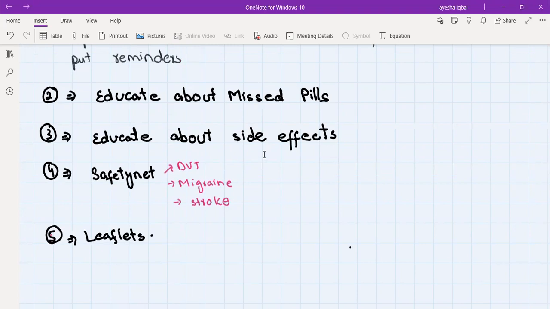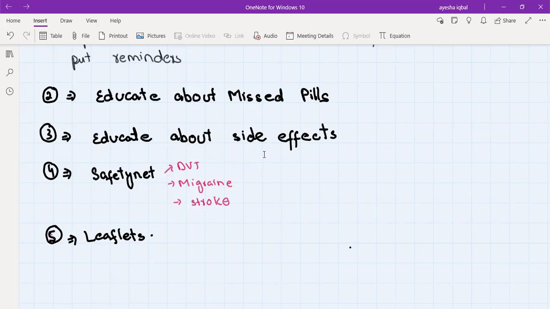So we need to tell her that a lot of people worry about weight gain as a consequence of taking pills, but the pills in themselves absolutely don't cause any weight gain. The only contraceptive method that is associated with weight gain is basically the injections. Okay, so the pills do not cause any weight gain. Sometimes what the pills can do is make you feel a little bit more hungry. But as long as you are aware of your diet and are taking care of that, there's no need to